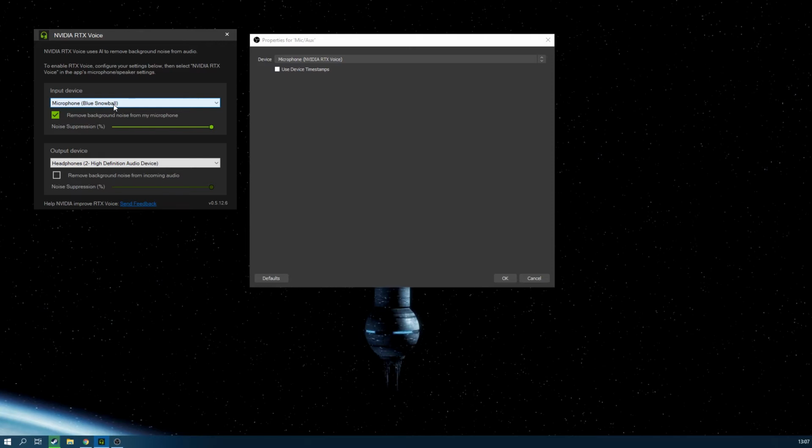Obviously, if you have a VR headset or something, for example, you may want to check and see if when you swap to your VR headset, that changes automatically. I highly doubt it will. So if you want your background noise to be removed for other people in the game that you're playing, for example, you may want to switch that over to the Rift Audio device, or the Vive Audio, or whatever headset you have. I will have a quick test now and see what the difference is on the Oculus Rift, but let's turn off background noise again